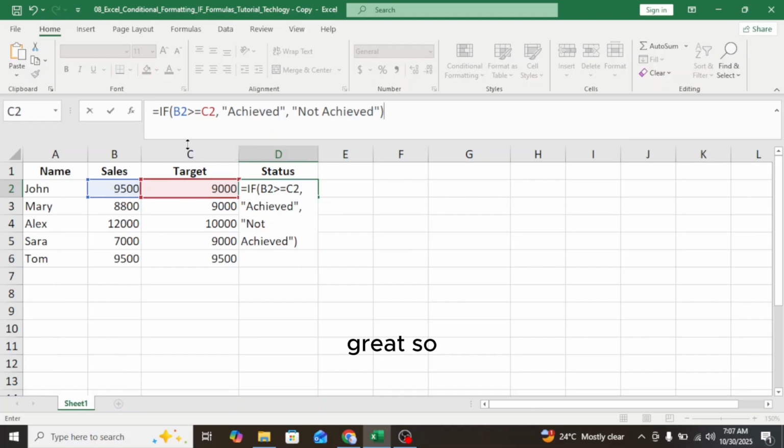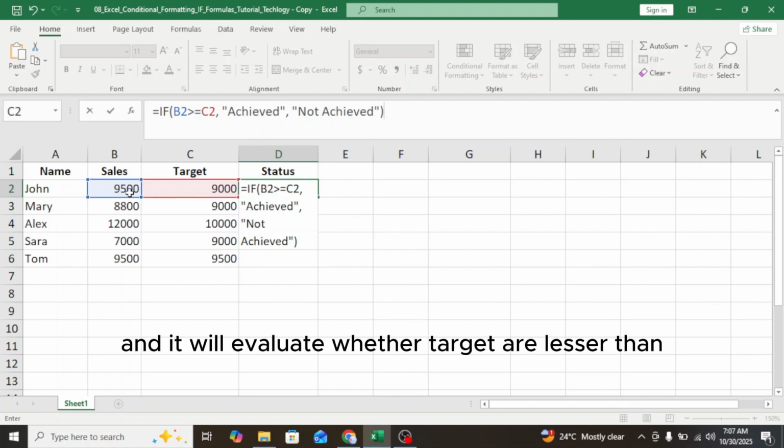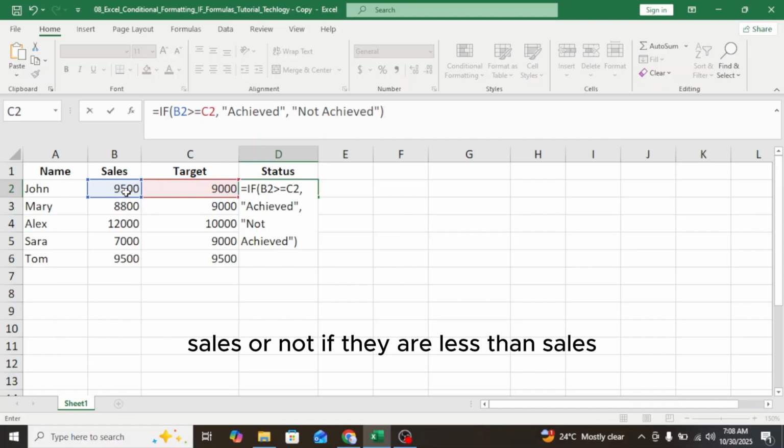Great. So it will look in this column that is dedicated for sales, and it will look in this column that is dedicated for the target, and it will evaluate whether the target is lesser than sales or not.